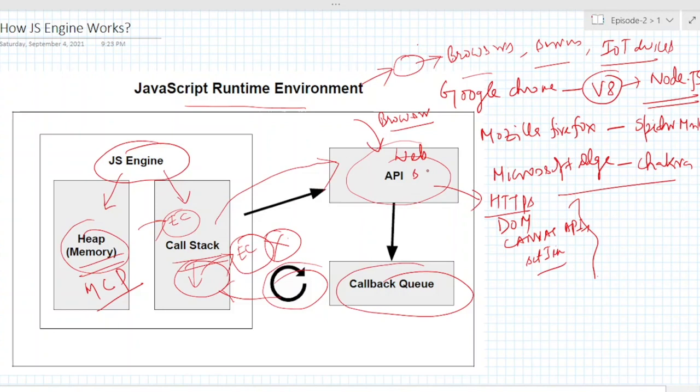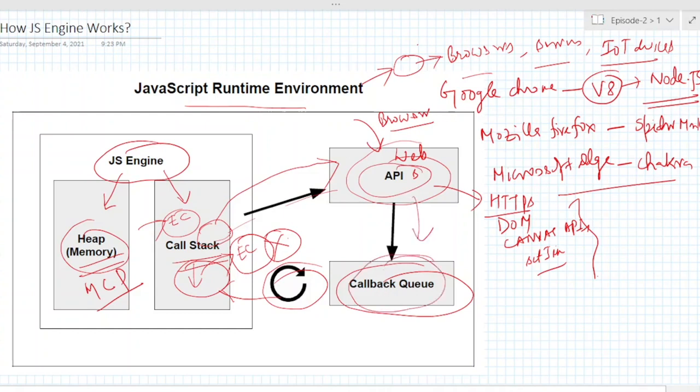So let's say that function will be here in the call stack, but that function is supposed to be executed 3 seconds later, right? So what will it do? If it stays in the call stack, it will block the execution, right? So only after 3 seconds the next line will be executed, but JavaScript handles it very nicely. If non-blocking code is there and it's related to web API, it will be pushed inside this web API container, and after that 3 second delay is over, it will be pushed inside this